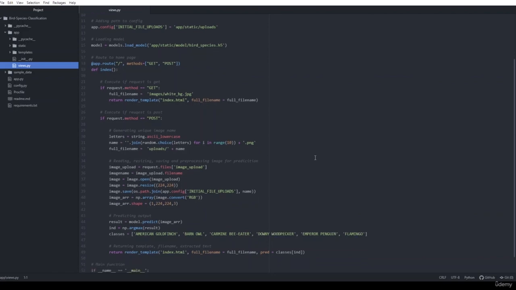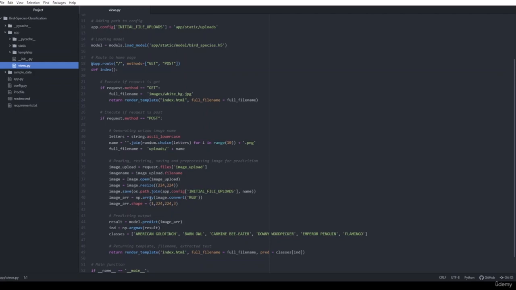Next, what we are doing is reading images, resizing them, saving them and pre-processing them for prediction. Here you can see that we have taken an image using the image upload and we are opening it, resizing it, setting the path for it in the initial file uploads.